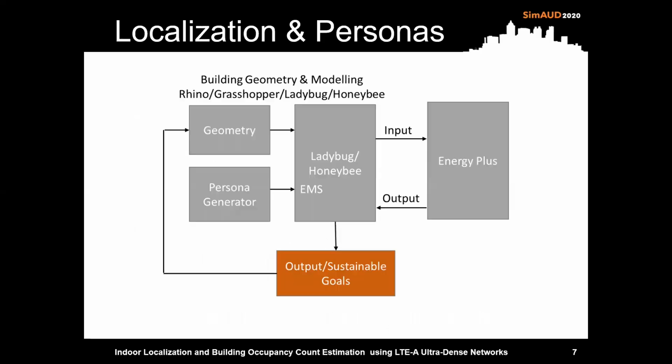Currently, we have built a component in Rhino Grasshopper to generate personas, and we use energy management system for advanced occupant modeling. It is added as an additional string to the Ladybug Honeybee energy simulation. The goal is to connect the data back for a generative design, and this is in process. Personas may help in understanding occupant behavior in buildings to reduce energy usage.